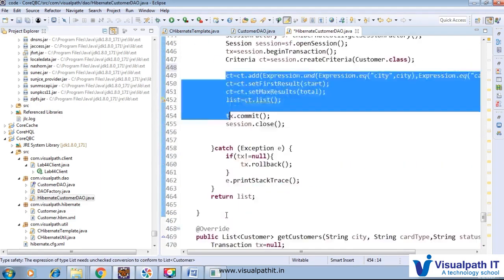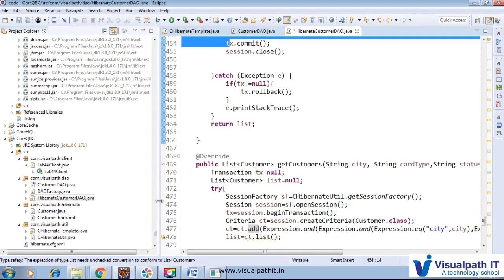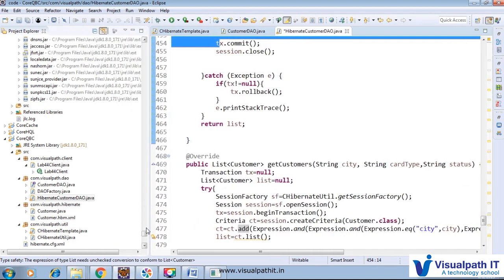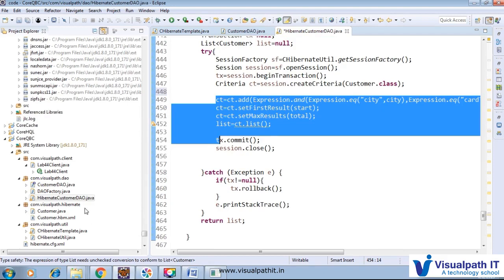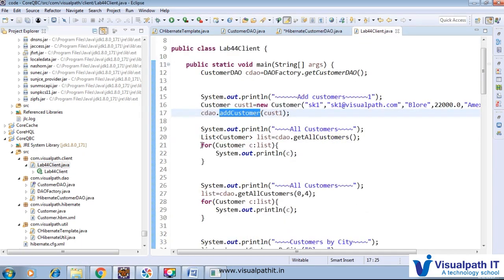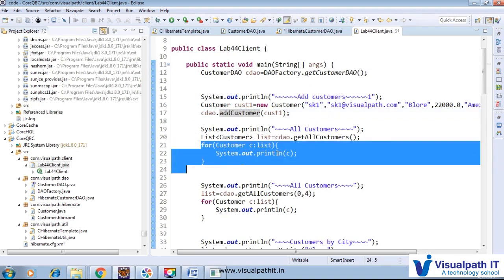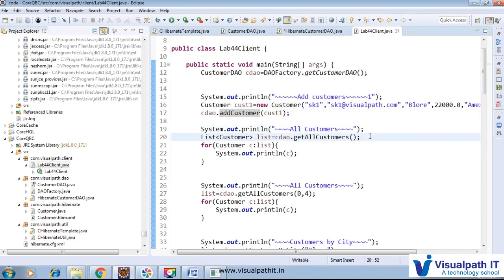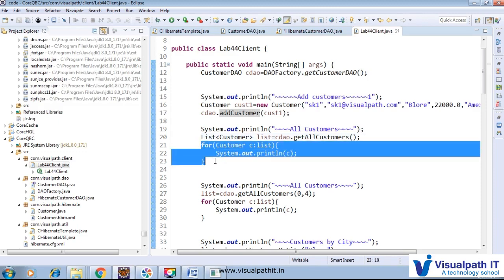So now I am thinking it is very clear, and we will just run this program and check how it is working. Here we are adding a customer, and after that we are printing this customer. For printing we can utilize the same logic we used previously,